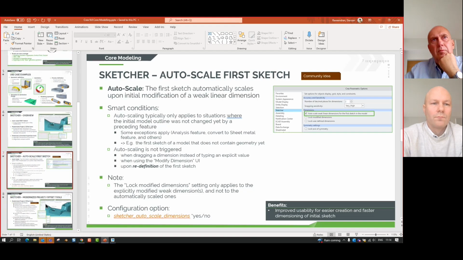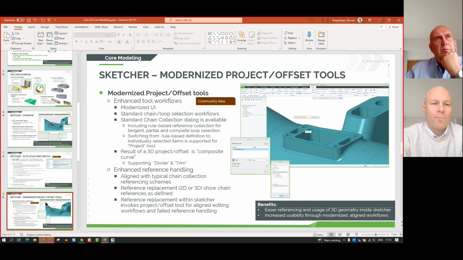And what I'm going to do here is move on to our next improvement in our Sketcher working environment, which is some new, modernized and more intuitive user interfaces for our project and offset tools. Our project and offset tools are probably one of our most commonly used tools by our users, as it allows users to essentially bring in some references from any sort of geometry into the Sketcher working environment.